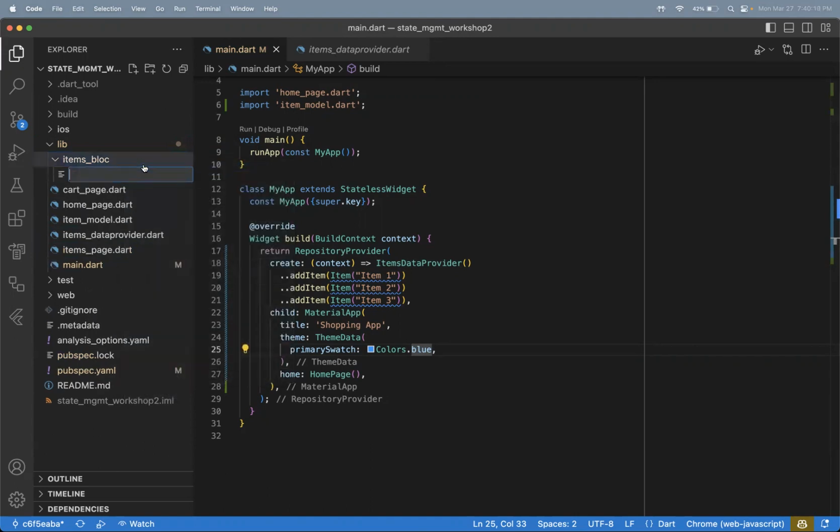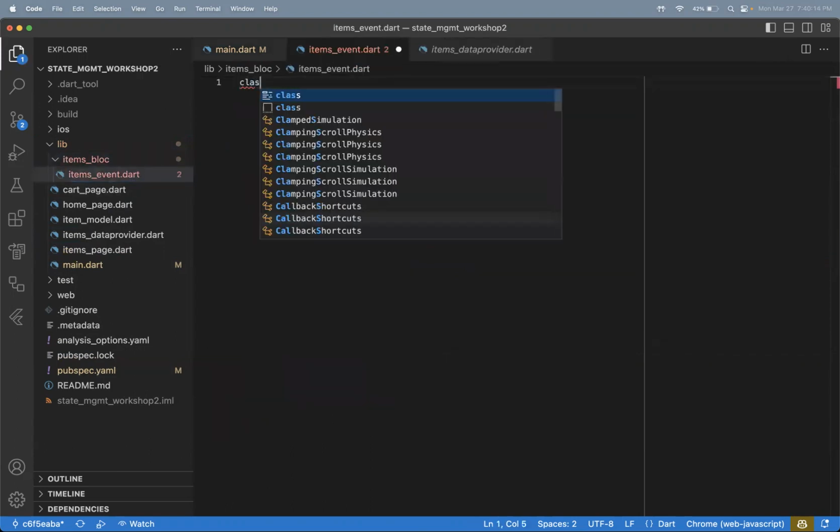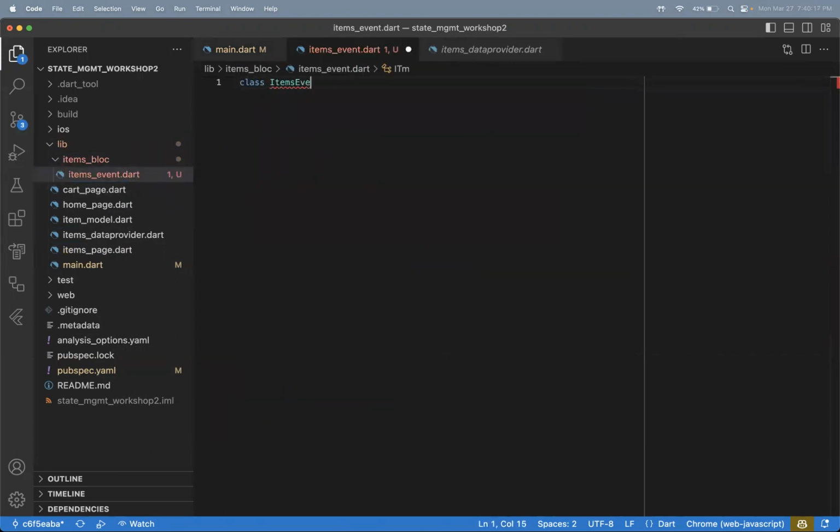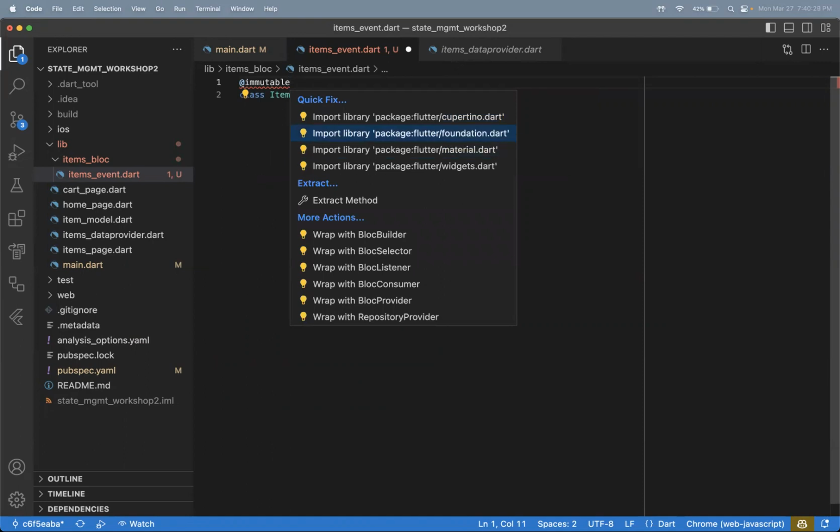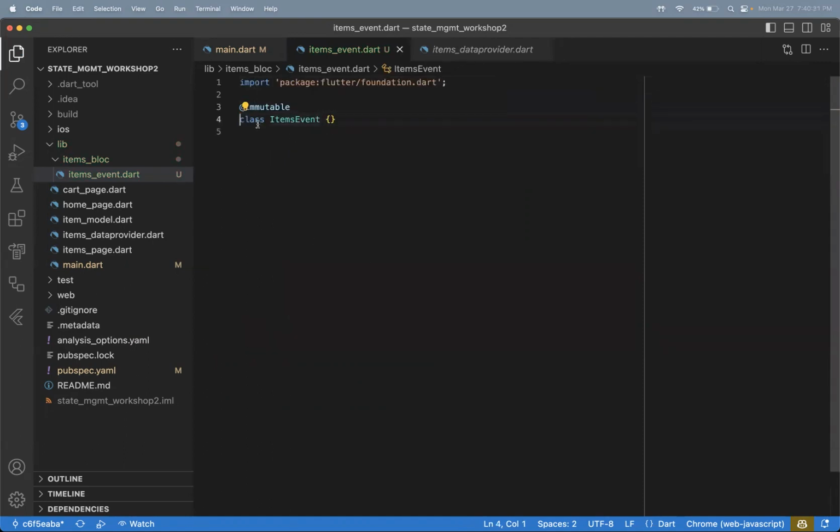And the first thing that we'll do is create an items event, and we're going to make it immutable, mostly for equality. So basically for figuring out if an event is,